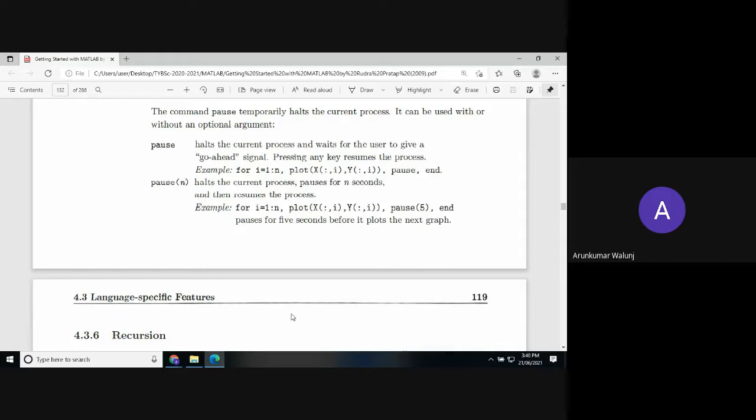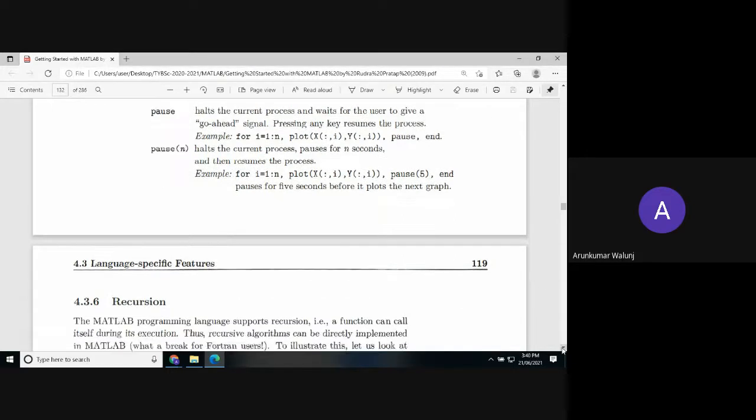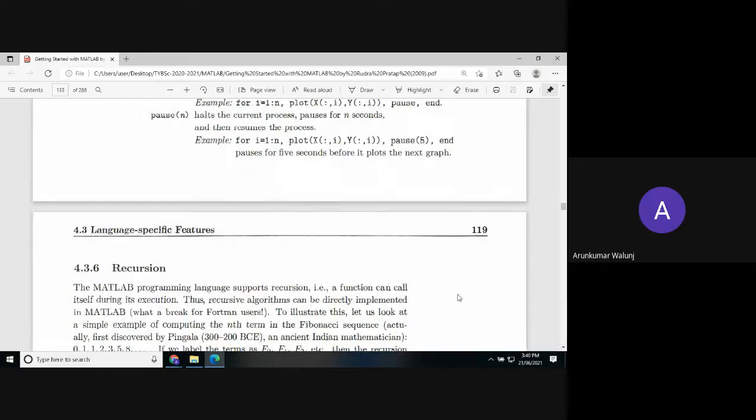Another example is for i equal to 1 to n. You say for loop you are executing and you want to plot again the y versus x graph and pause. See that here in the pause no argument was present, but here 5 stands for seconds. So this is an automatic direction for a temporary pause.